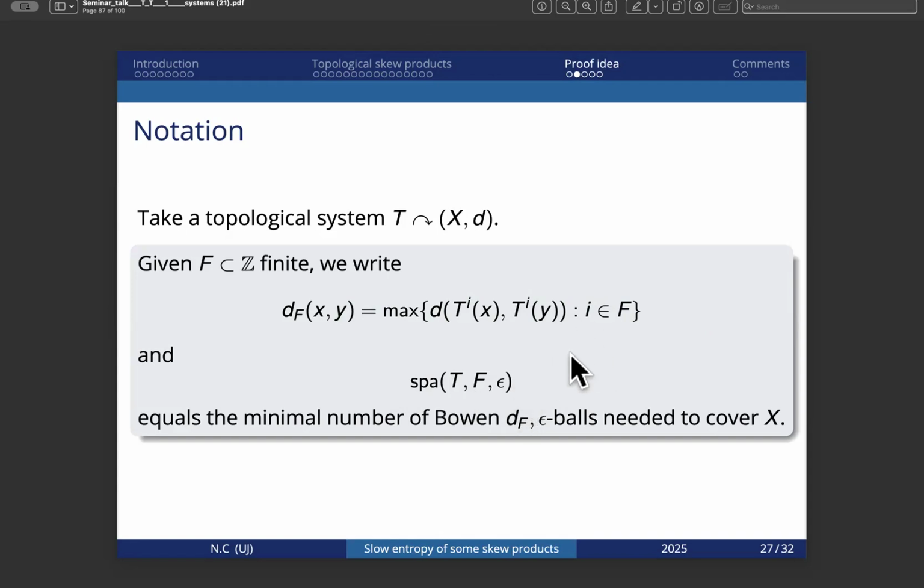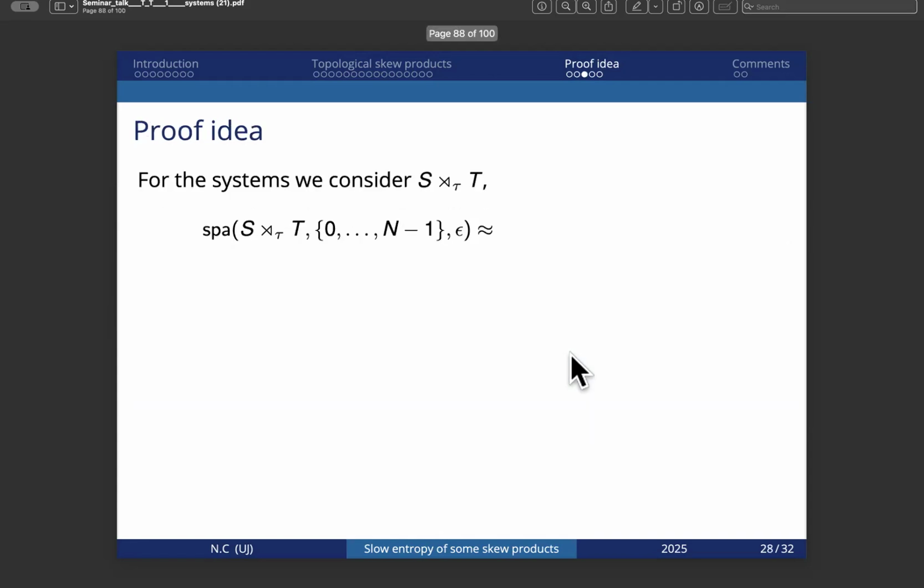So what happens is we look at these Q products, and then we want to compute the number of n epsilon Bowen balls needed to cover the space, because this is the key quantity in the definition of zero entropy,